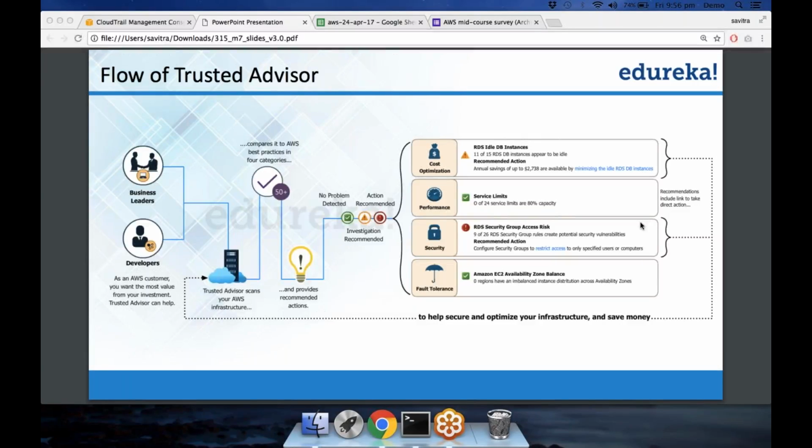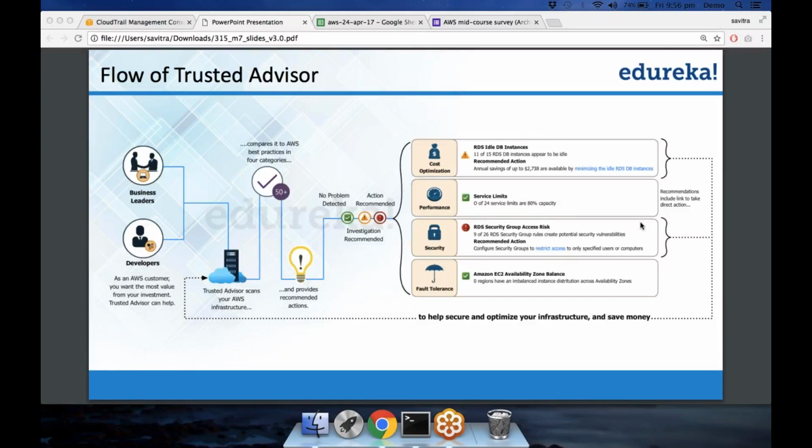Okay. Now this one, Trusted Advisor, is something similar. It's like an auditor, and it checks your setup. It sees what security groups, because it has all your data. You're basically setting up all this in AWS. AWS has all your data, so it knows your security groups, for example. It knows your